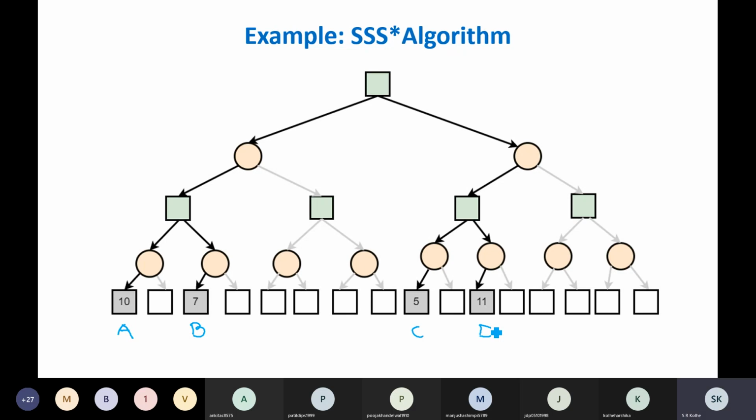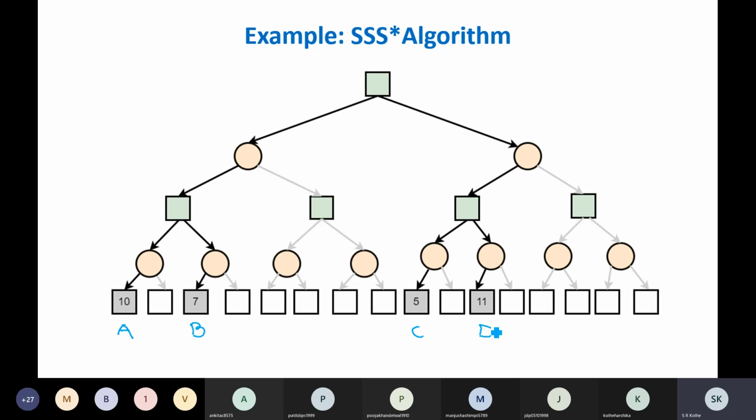The best possible value for max is what now out of these 4? Max will always try to maximize the utility function. So the best out of these 4 representative cluster values, what is the best from max's point of view? 11, right. That is 11. That means cluster D. The best possible for max is 11 because max will always try to maximize. So the corresponding cluster is cluster D.